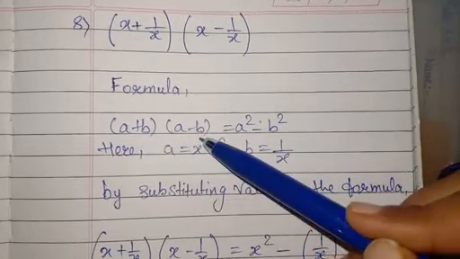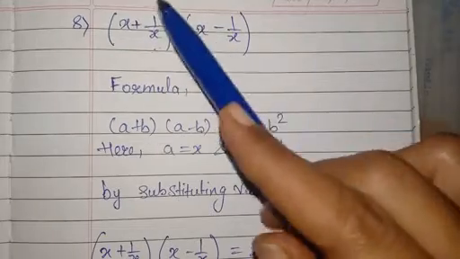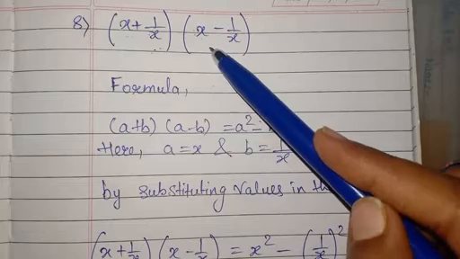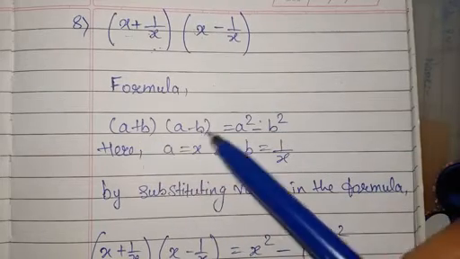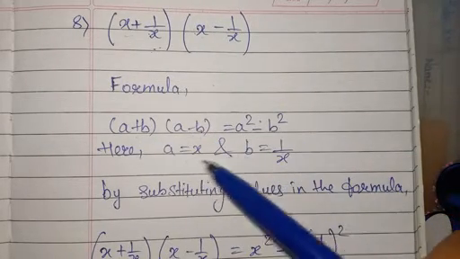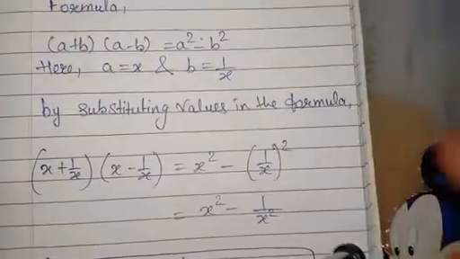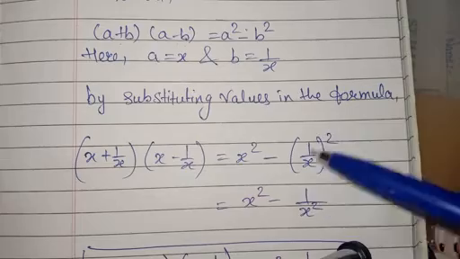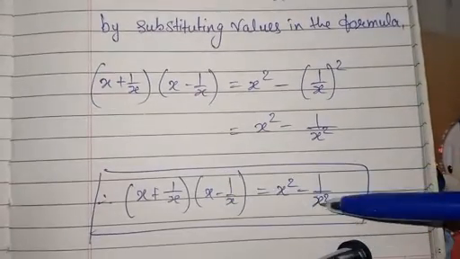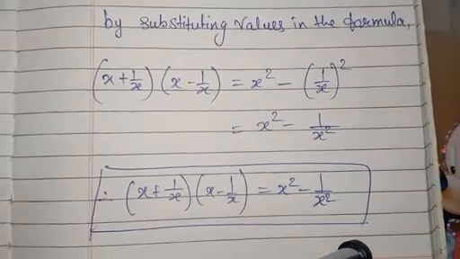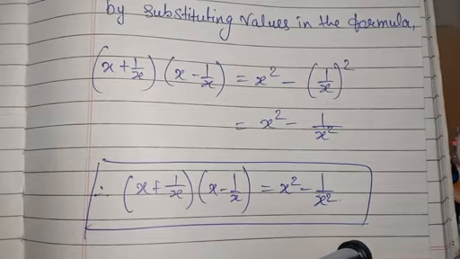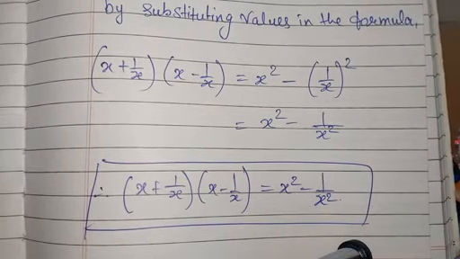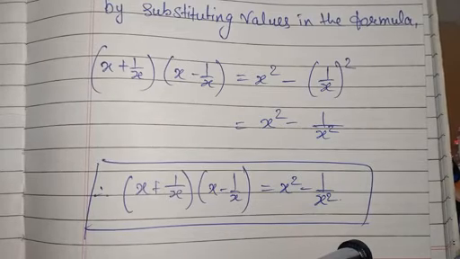A plus b formula also you can use for this sum, because here both the terms of these two brackets are same. See, a plus b into a minus b, that is a square minus b square formula also you can use, and solution will be like this: a square minus b square, so x square minus 1 upon x square. So you will get the same answer. Okay, so again I am repeating, you can use any one method in exam, but now while writing in your notebook you have to write both the methods.